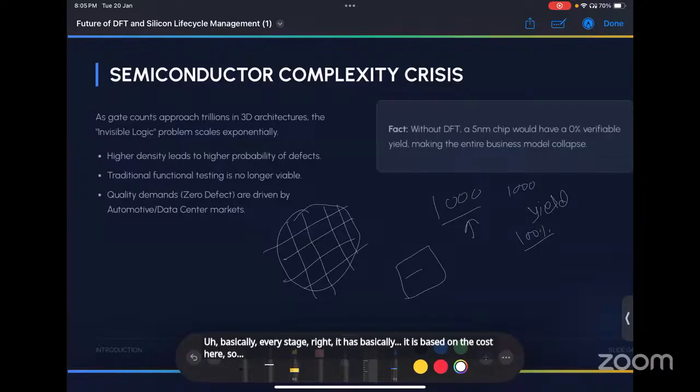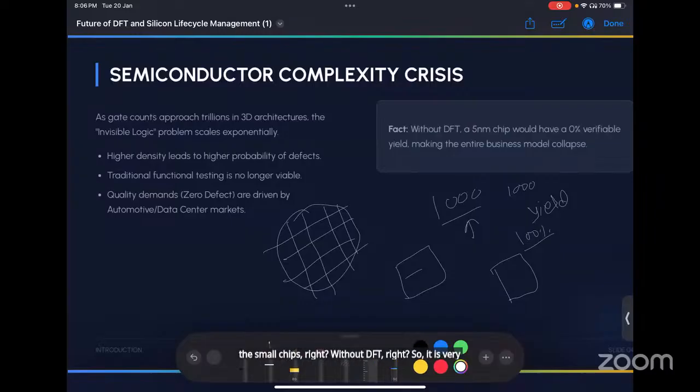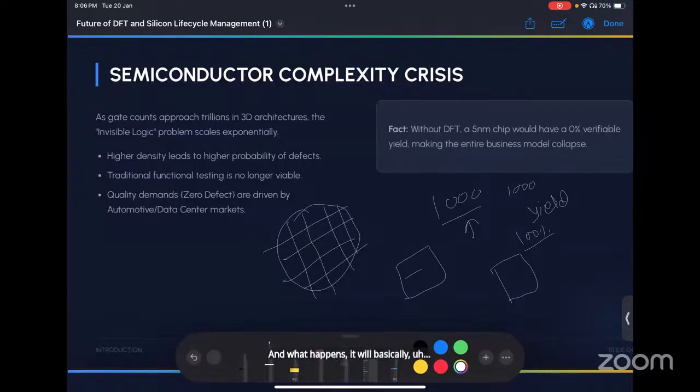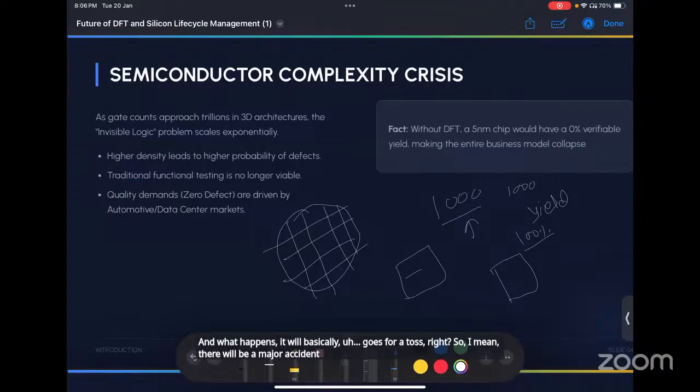So let's say you have these small chips without DFT. It is very difficult to identify which is a good die or a bad die. And let's say you're using that particular chip in an automobile, and it basically goes for a toss. There'll be a major accident and all. So we have to make sure that